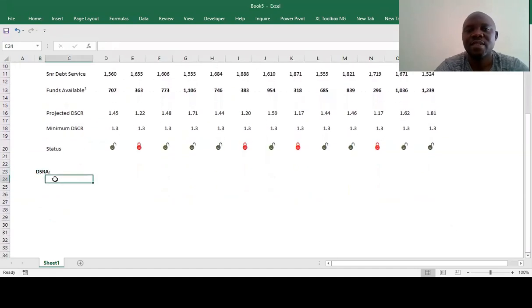Okay, obviously we'll have the opening balance. We'll have the top up, where whenever we get from the reserve account in the following months, whenever we have enough funds, we'll still have to top up, so that we meet the minimum.